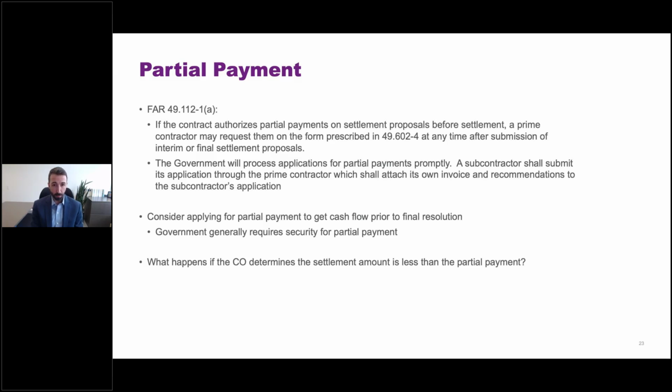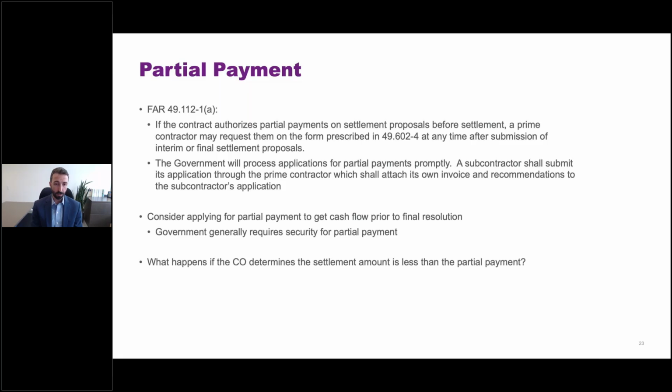All that is to say, there just may be parts of your settlement proposal that the parties can agree on early. And for contractors who've submitted a termination settlement proposal, they may need the cash flow, right? It may be difficult for them to wait the months, or I hate to say it, in some cases even years, that it can take to process these things, although they really shouldn't take that long, I think. They should go much faster than that, but I'm aware of instances where it has taken years, unfortunately.